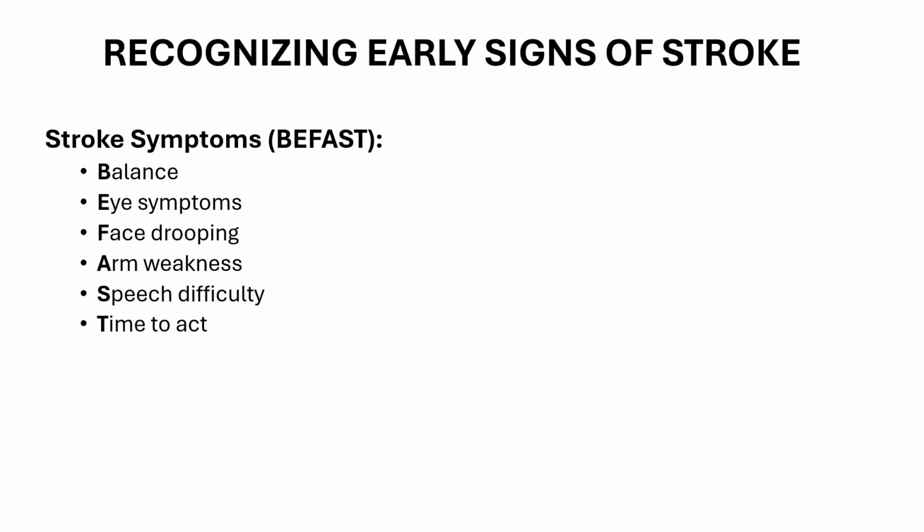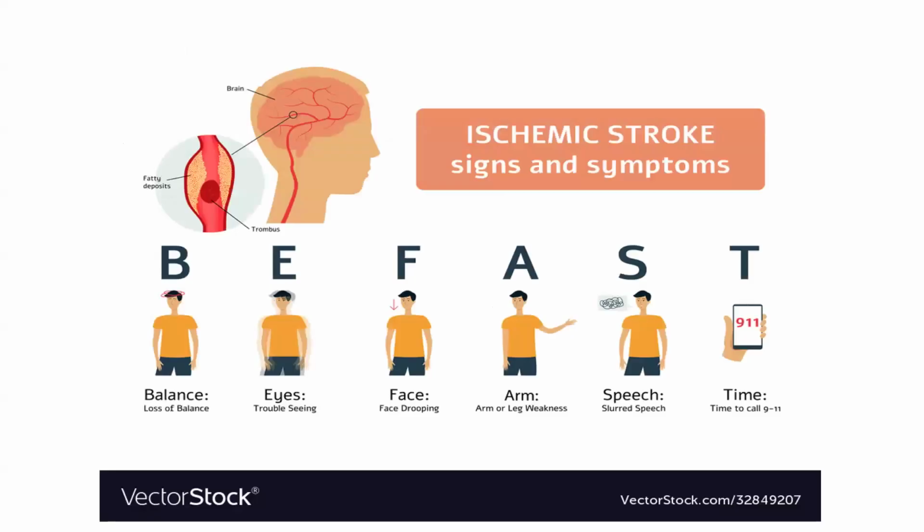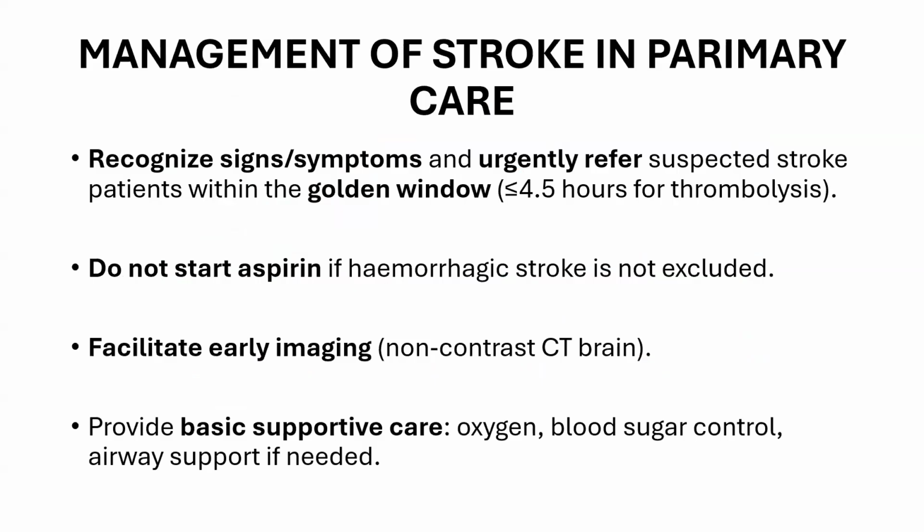These are the symptoms that we can screen for in patients. We can go through and see if the patient has any of these symptoms, such as any imbalance, eye symptoms, face drooping, arm weakness, or any speech difficulty, and time to act, which means we have to act fast. So that is the mnemonic BE FAST. Then, in management of stroke in primary care,